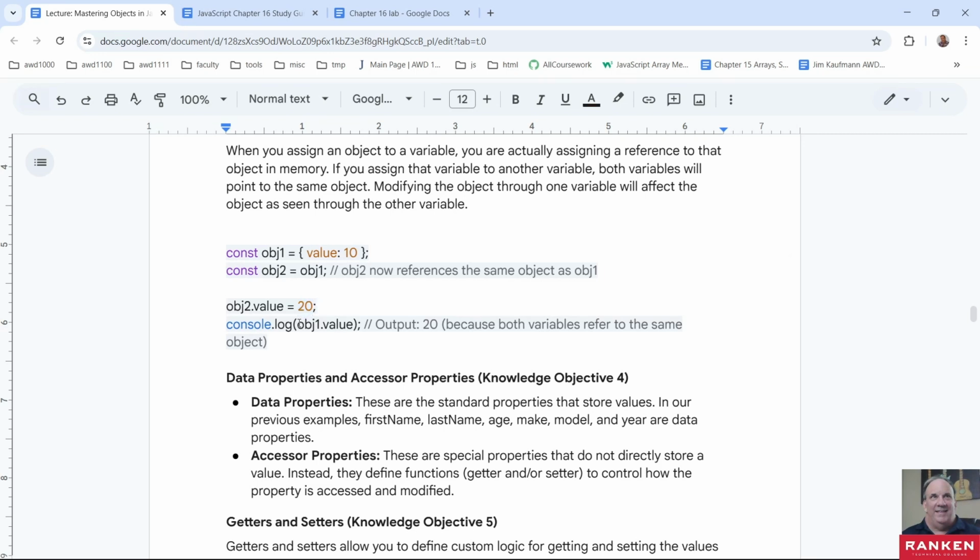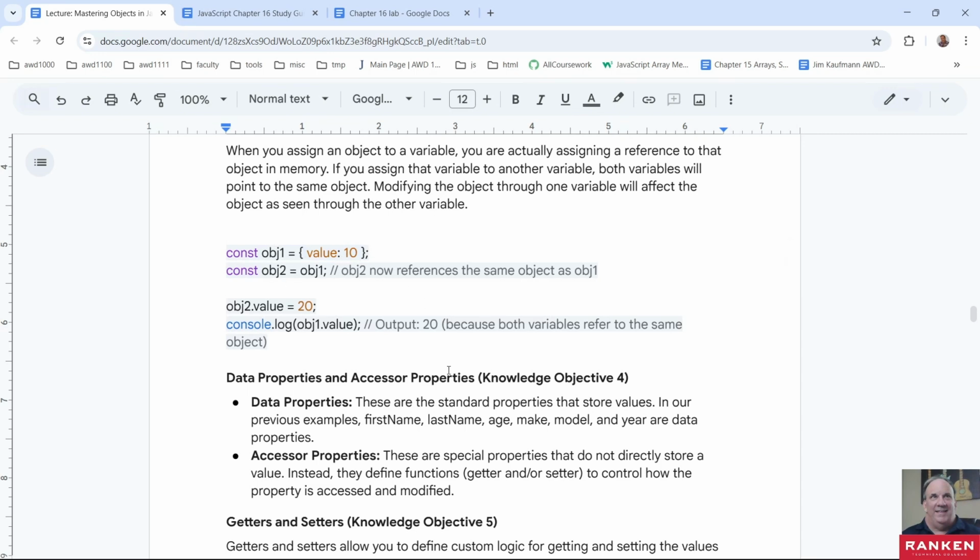Now, if you print out object1.value, it's going to print out the new value that you assigned here. So object2 is pointing to object1. So object1 and object2 are pointing to the same place in memory. So if object1 or object2 changes this value at all, it's going to be reflected by both of